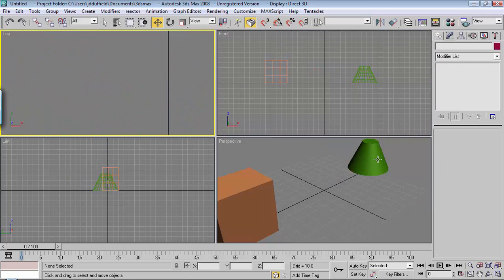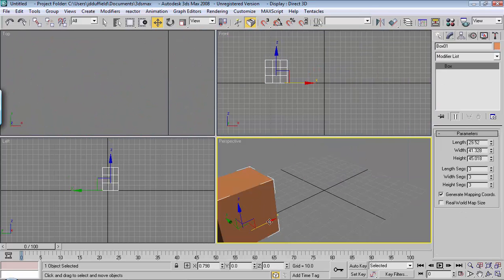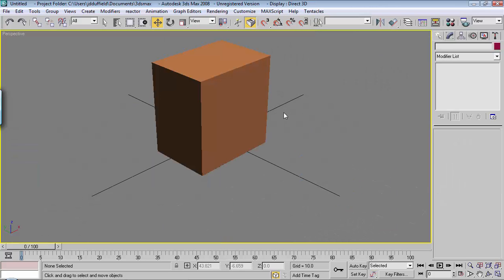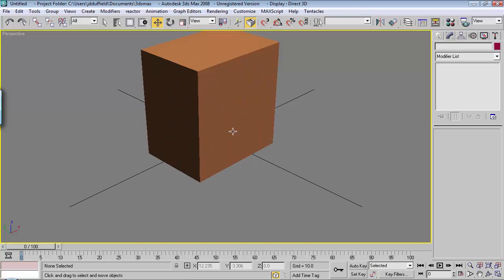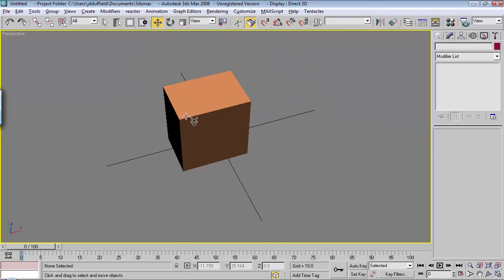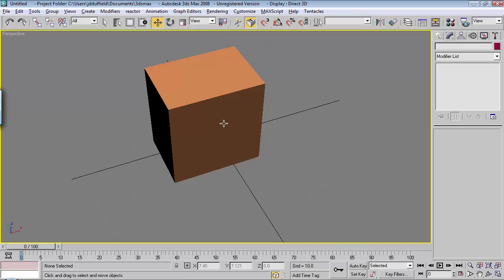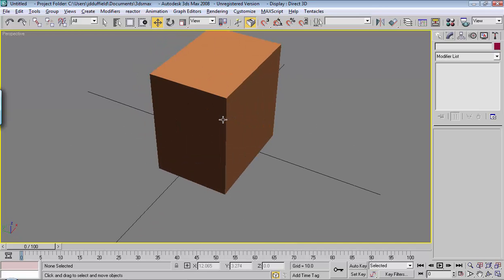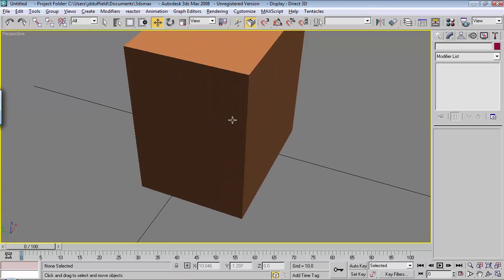Also, when you're in the perspective view, which by the way is a great reference viewport, you don't really want to work in this viewport. This is just to check out your work, see how it looks from different angles. I mean, you can make minor adjustments and things like that to it, but notice how I'm spinning around in here,